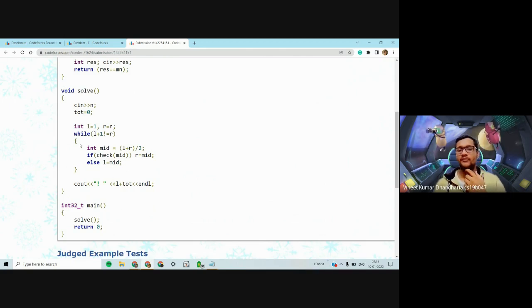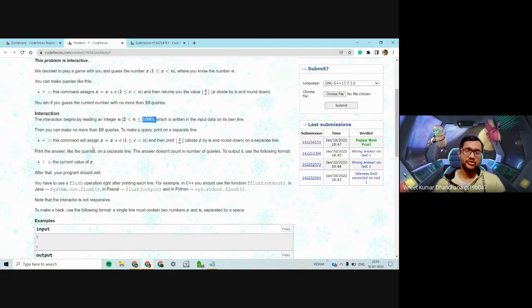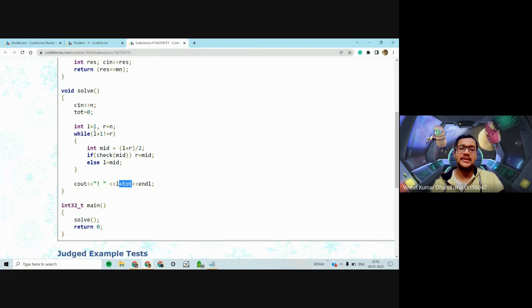This would be obvious if you know binary search. In the end, when L plus 1 is equal to R, we print L plus total, because we want to know the current value of X. Total stores the total addition we have done so far, so in the end you just print L plus the total.